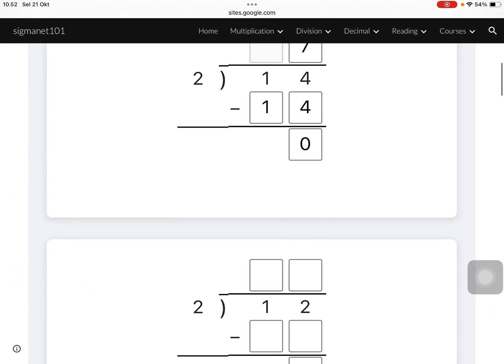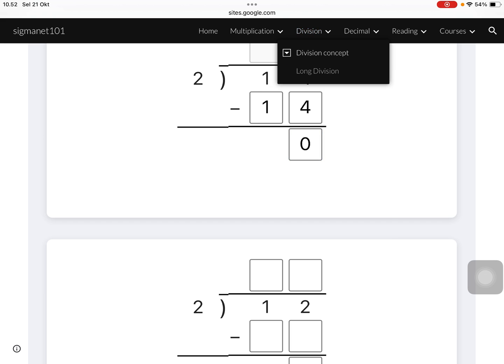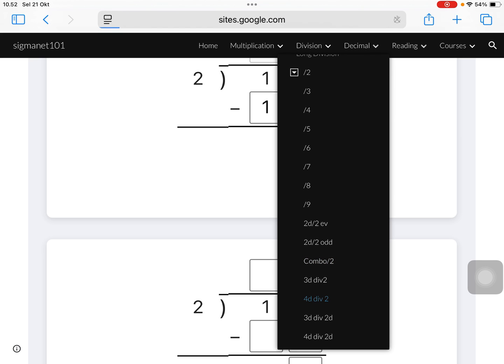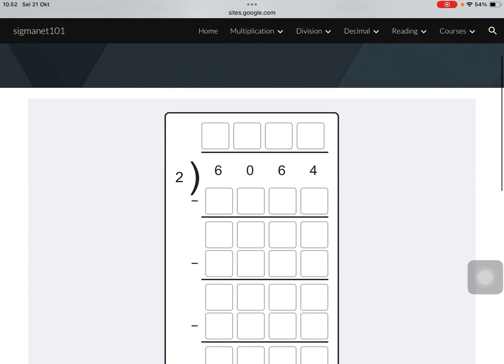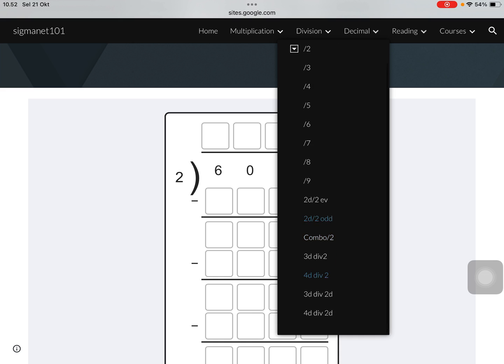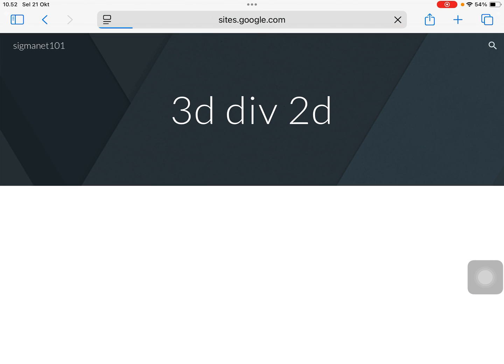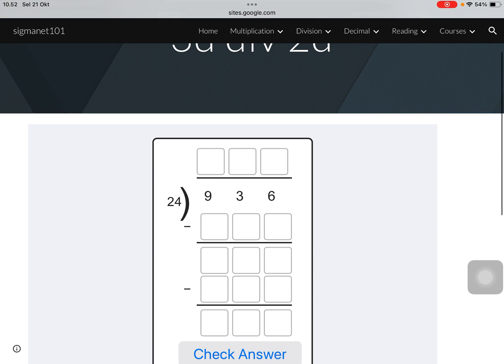So this is 4 digits divided by 1 digit. Here, division, long division. Right here, there's also this 4 digits divided by 2 digits. Then the student is challenged to fill out each box. Hopefully, this program helps. 3 digits divided by 2 digits. And also right here, there's this decimal. So right here, for example, if I tap this,